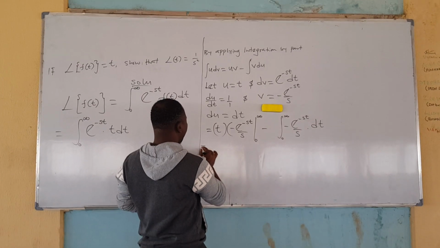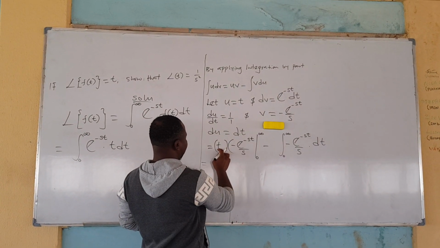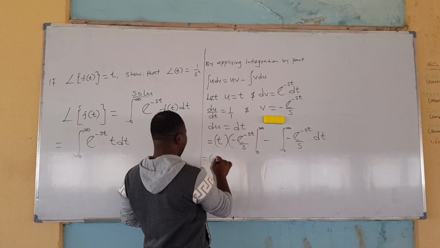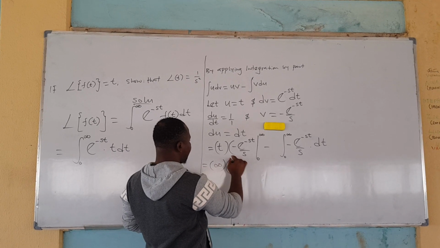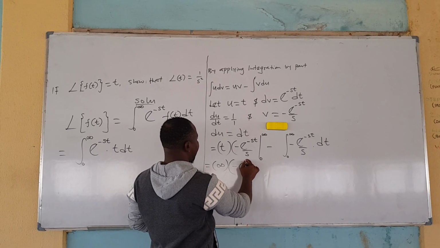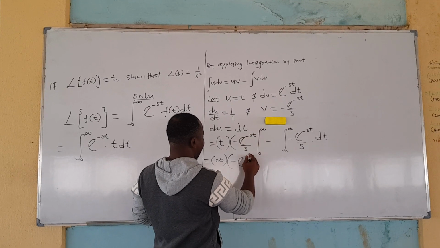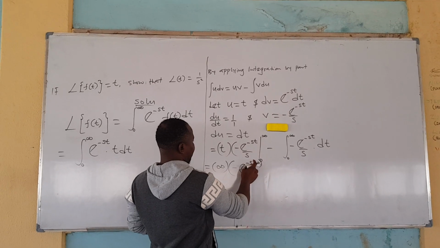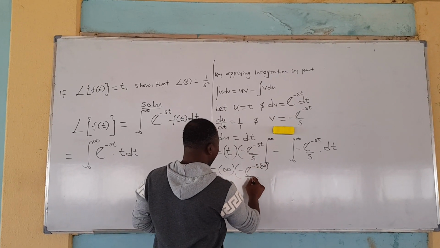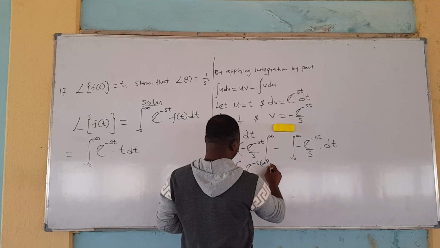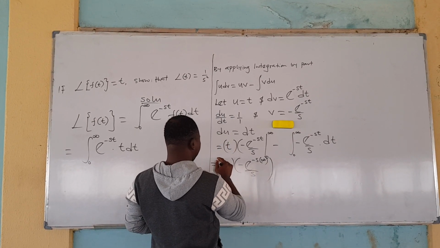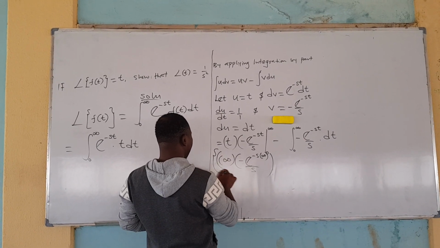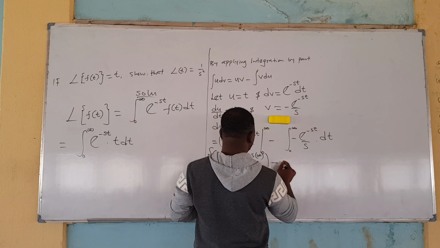So now we write that anywhere we see t, we put infinity, all in bracket, minus l minus, what is your t is now infinity, then all over, close the brackets, then this will be minus,